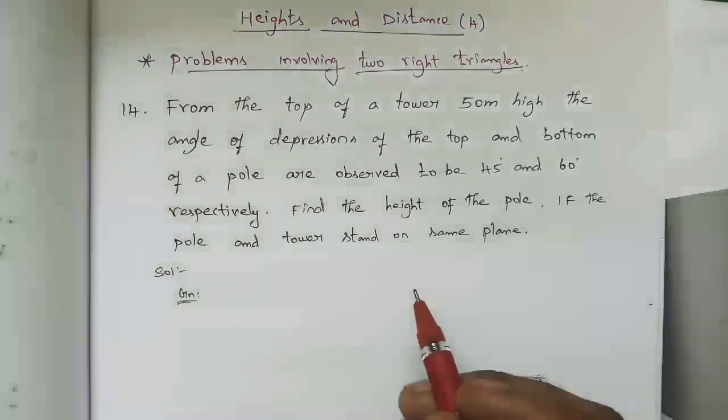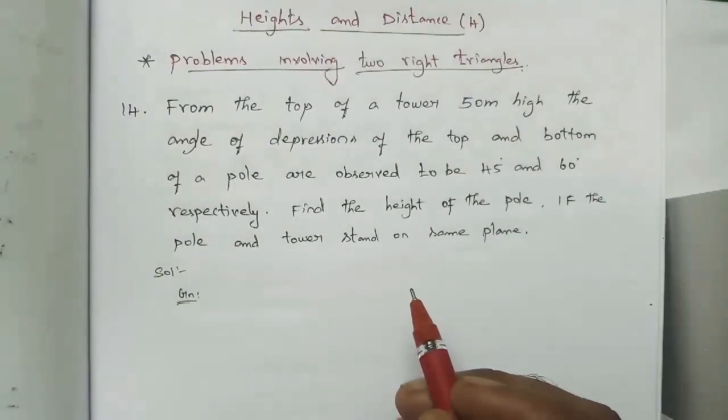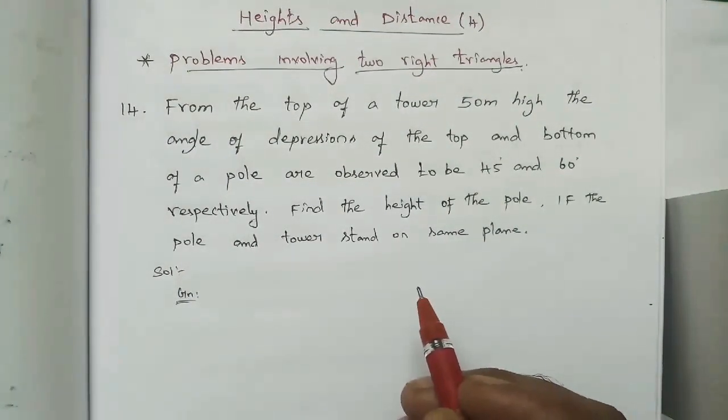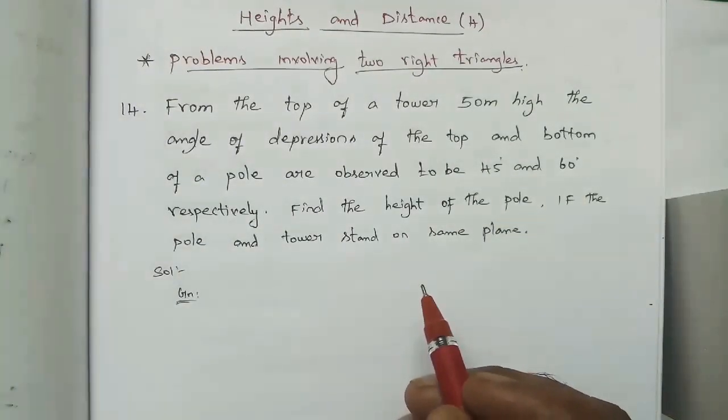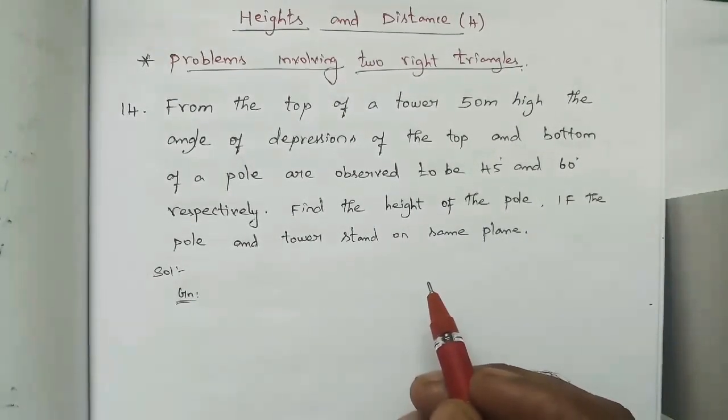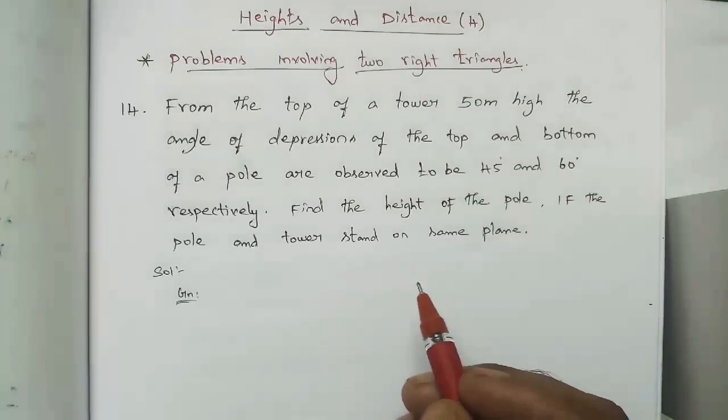If you know the adjacent and opposite sides, then tan theta is equal to opposite by adjacent. By using the tan theta value, adjacent value, and opposite value, and by solving that, we'll get one equation. In another triangle, if you know the hypotenuse and the opposite side, then opposite divided by hypotenuse is sin theta. So by using the trigonometry ratio, we'll get one more equation. If we get two equations, then we can easily find the solutions.